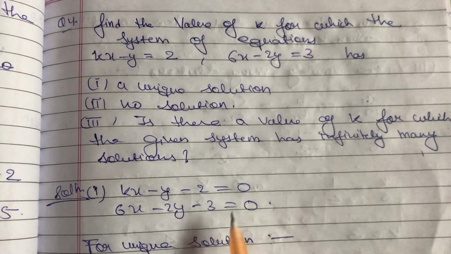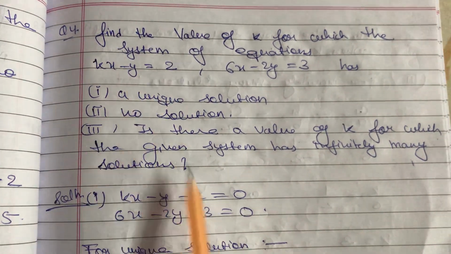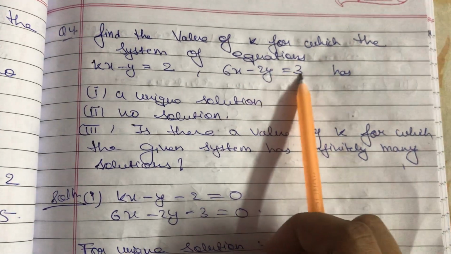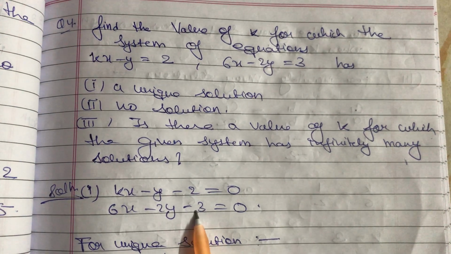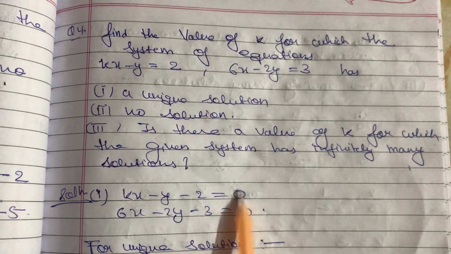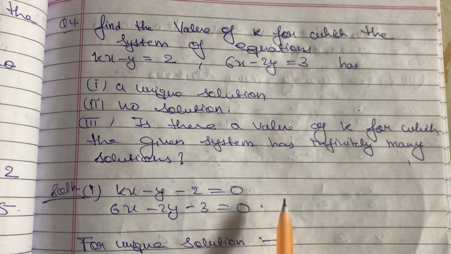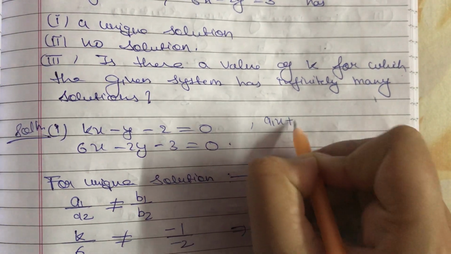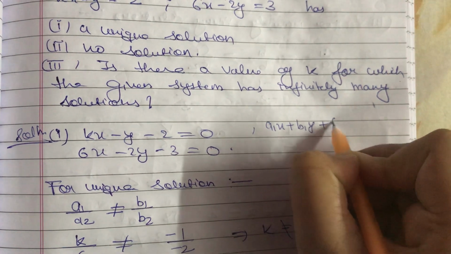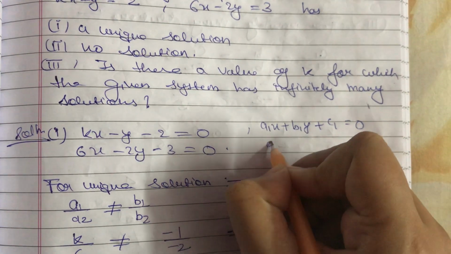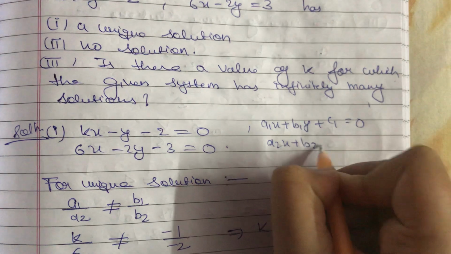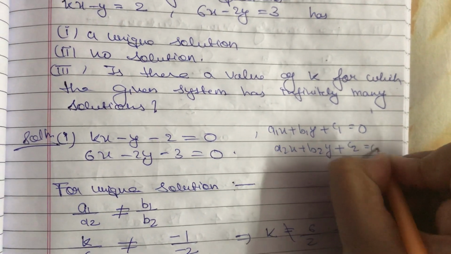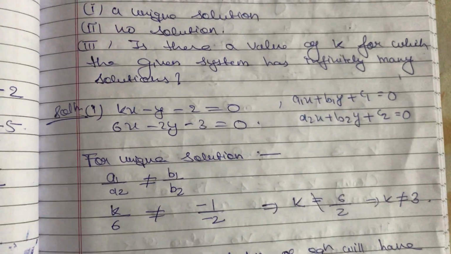This is the given equation. So here I'll shift 2 to the LHS so that it can be written in the standard form, right? Here also I'll shift 3, so it becomes minus 3, so that I can compare it with the standard form. Again and again I'm not writing the standard form because I think you all know it by now. But in the exam you have to write it. As I'm solving so many questions of the same pattern, I have not written it. So this is my standard form.